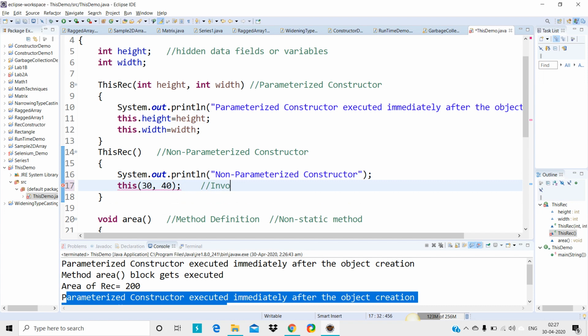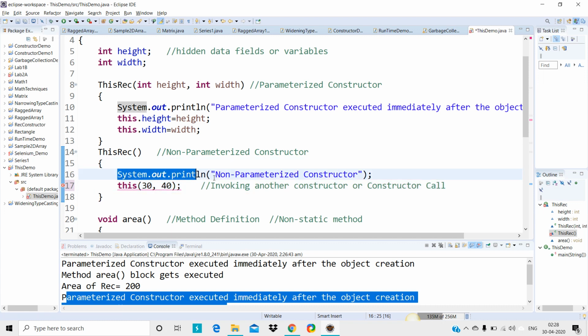So an instance or constructor call, one and the same. That's what is mentioned here, so this should be the first statement, and I cannot write like this.